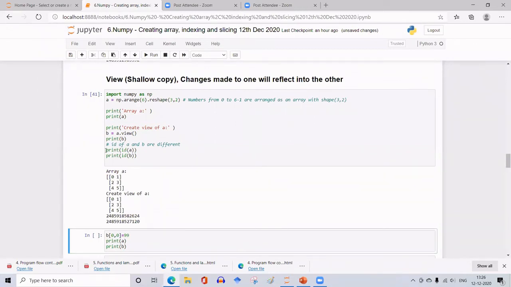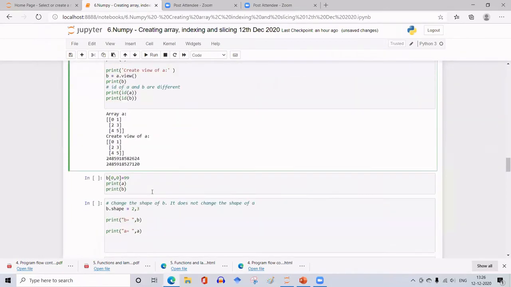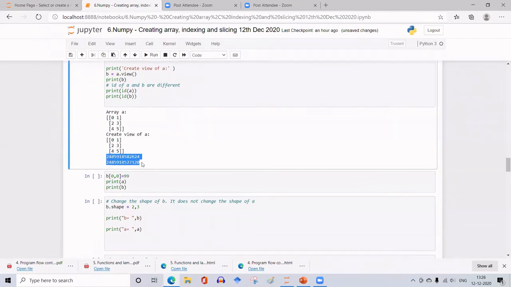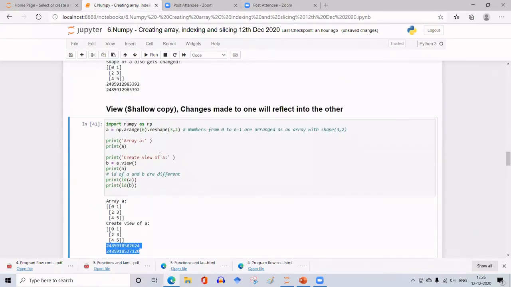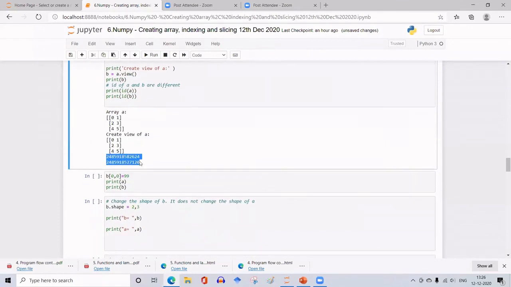I have also given this statement to get the ID of the two arrays A and B. So what do you observe in the memory location address for the two arrays? They're different. Whereas when I assigned it, I got the same memory location, and here I got different memory locations.